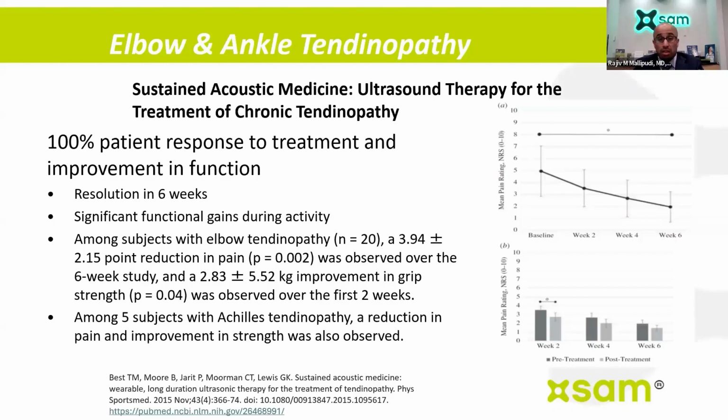And these greatest improvements were in those first initial 2 weeks. As you can see from this slide here, they were up here, I wrote it at 5. They came down to the mid threes. Again, compared to the placebo trial group of this slide, much more of a larger improvement as well too. So the earlier the SAM is used, the quicker it helps with reduction of pain and return of function for